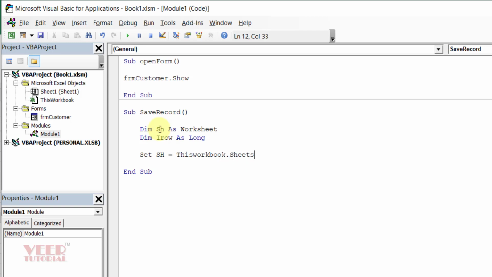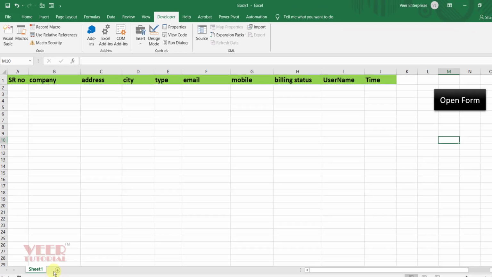Press tab, and then here we need to define the sheet name where we would like to save our data. It is customer, and we will see in Excel what the actual name is. It is Sheet1.